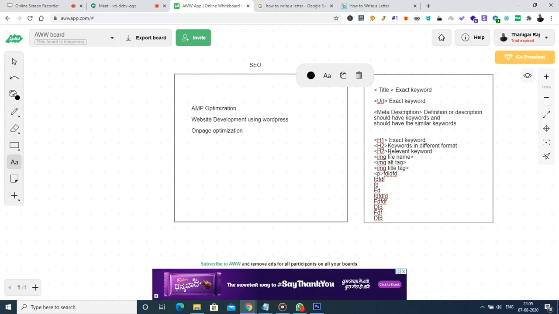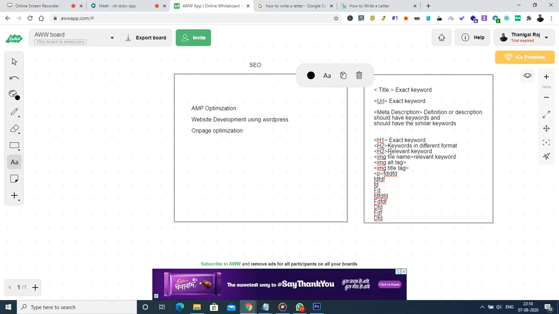So what should the image file name be? The image file name should be the relevant keyword. Okay, how to write a letter. For example, sample letter is a relevant keyword, and other things we can say are letter writing, official letter, leave letter.